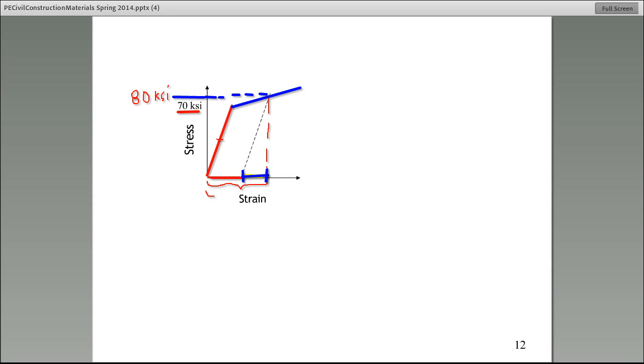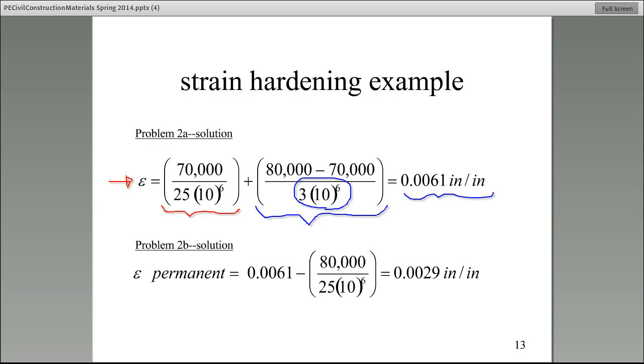So somehow we need to calculate that segment, because that is the part of the deformation that will not go away. So that's the permanent strain. And the equation at the bottom will help you calculate that. I leave that up to you, so you can look at it yourself, make sure that you understand where that came from. However, the only thing I want to point out to you is, and this may be a question that you will raise,